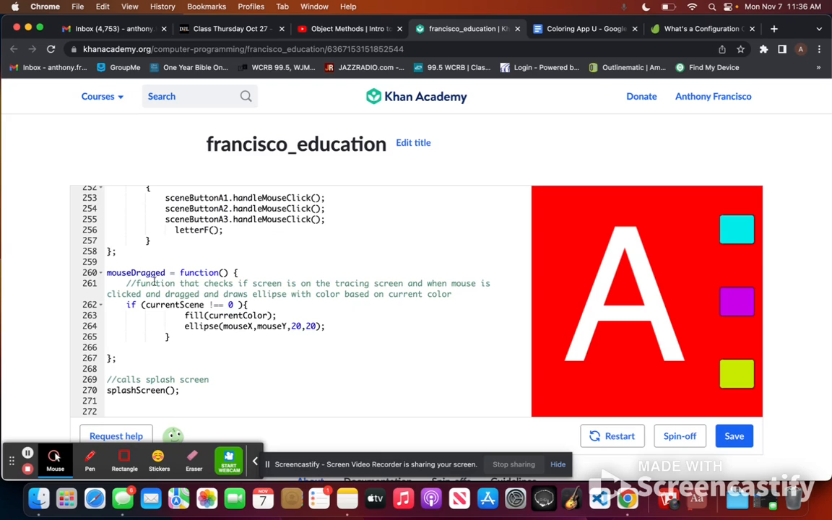And last we have a mouse drag function that just draws an ellipse, which looks like it's being traced, using the color used on the global variable up top. And if we want to change the color, we just